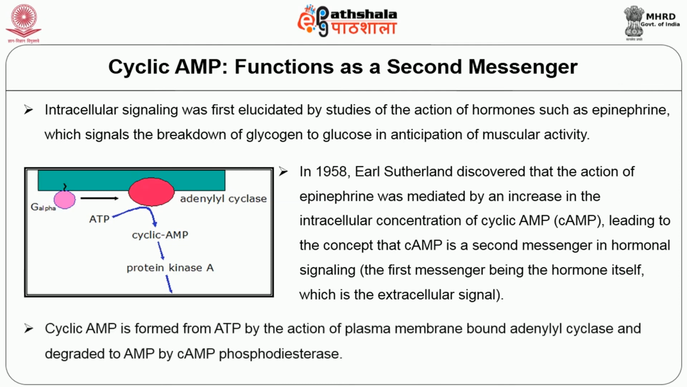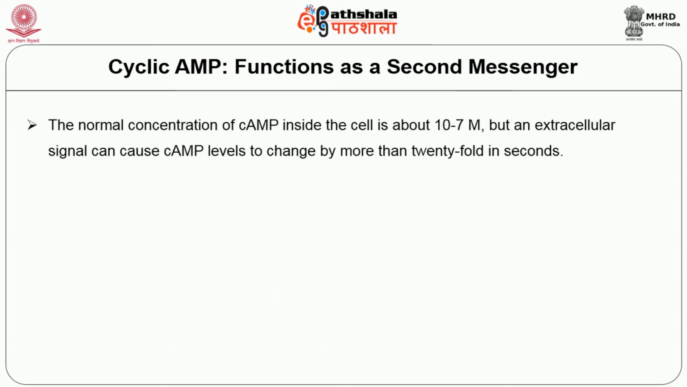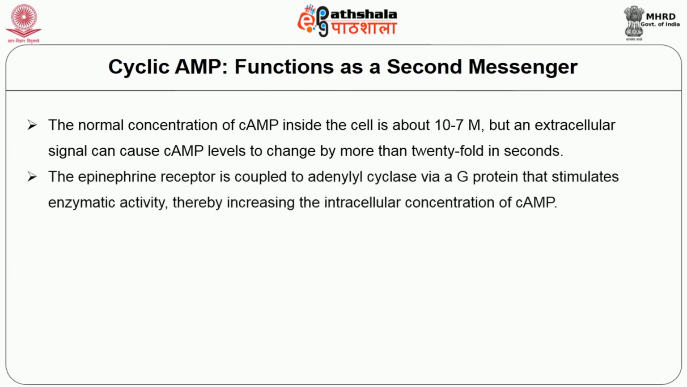Cyclic AMP is formed from ATP by the action of plasma membrane-bound adenylyl cyclase and degraded to AMP by cyclic AMP phosphodiesterase. The normal concentration of cyclic AMP inside the cell is about 10⁻⁷ molar, but an extracellular signal can cause cyclic AMP levels to change by more than 20-fold in seconds. The epinephrine receptor is coupled to adenylyl cyclase via a G protein that stimulates enzymatic activity,